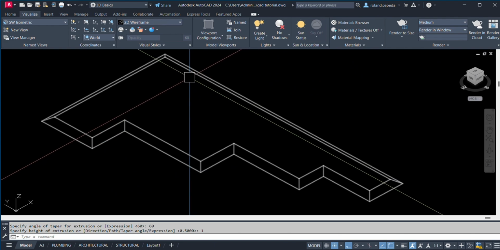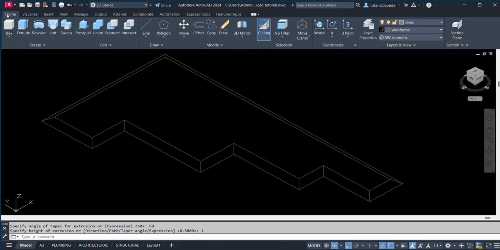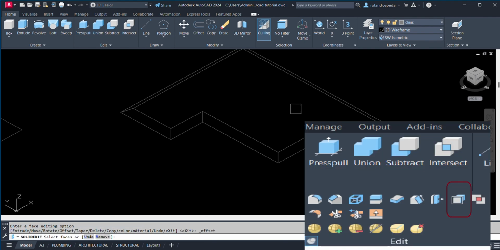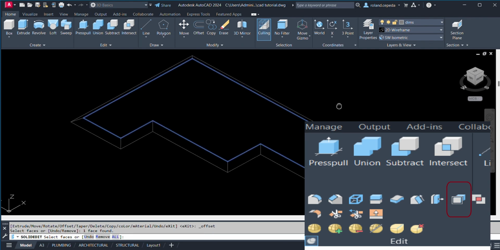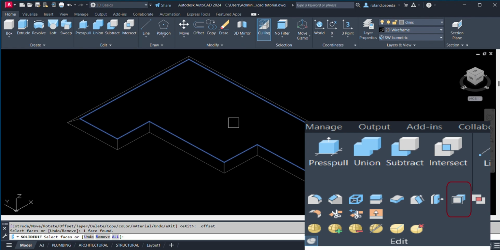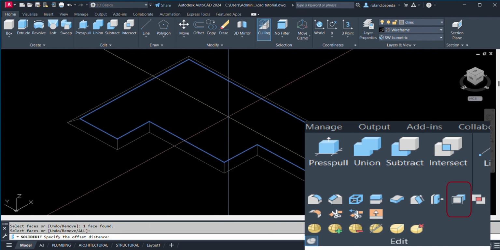Okay, so I'll bring back the edit command and then select the offset faces and then select this area here. Notice the highlighted areas. Okay, and then hit the space bar.